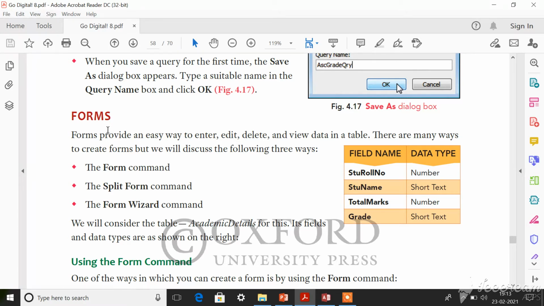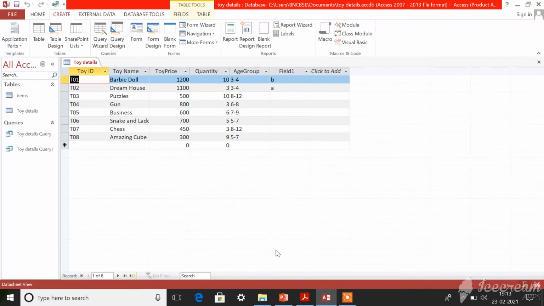Okay, so in three ways a form can be created in your Access 2013. The three ways are using the form command, the split form command, and the form wizard command. All these three options are present in Access 2013.